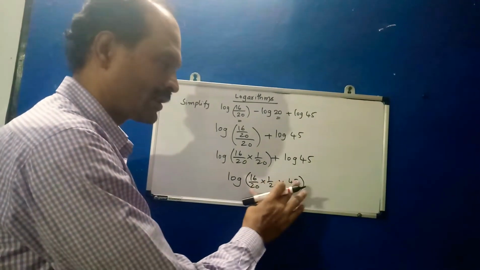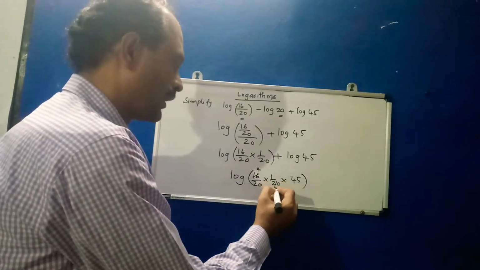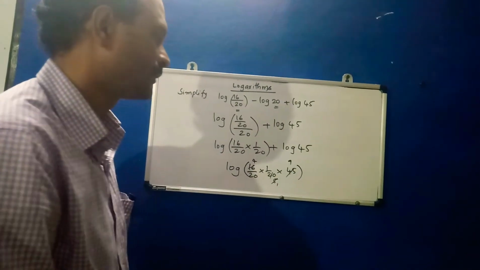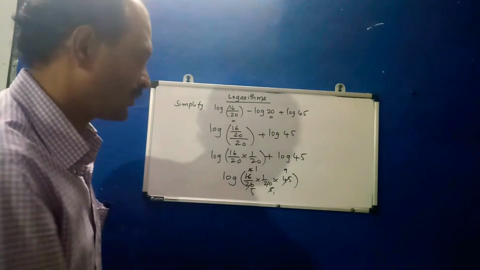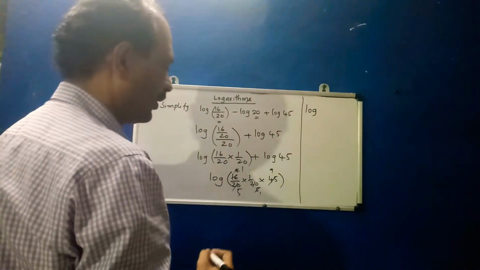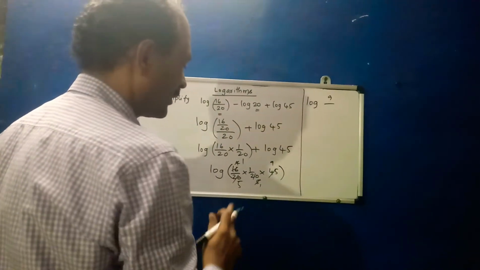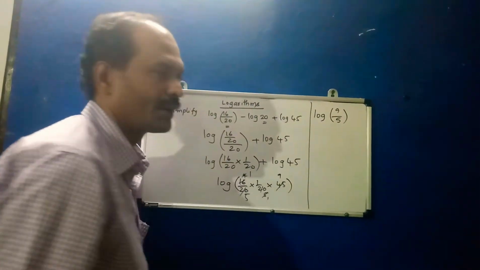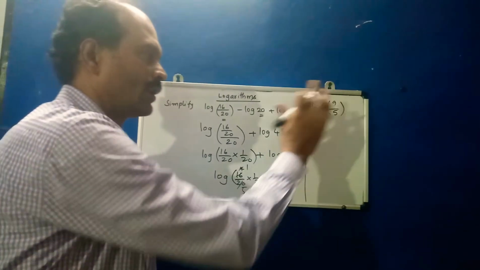And whatever simplification we can do, we can cancel here. For example, 4 fours are 16, 4 fives are 20. Similarly, 5 ones are 5, 5 nines are 45. Similarly, 4 ones are 4, 4 fives are 20. So we remain with log (1 × 1 × 9), that is 9 only. Similarly, the denominator is 5. So log 9/5. This is like log n. So the simplified form of this problem is log 9/5.